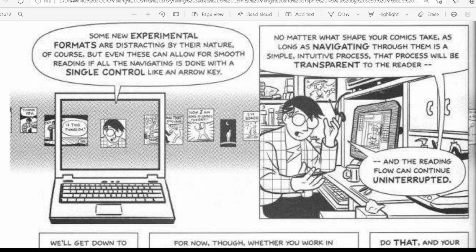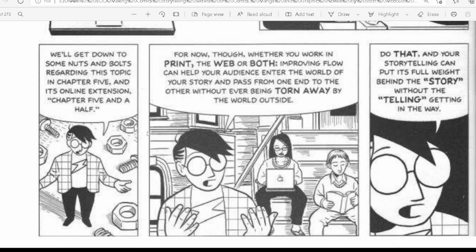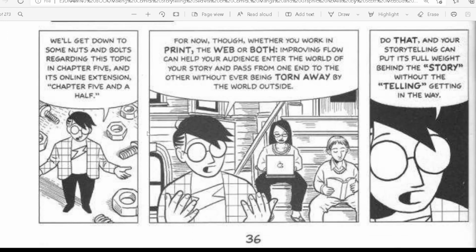No matter what shape your comics take, as long as navigating through them is a simple, intuitive process, that process will be transparent to the reader, and the reading flow can continue uninterrupted. We will get down to some nuts and bolts regarding this topic in chapter 5 and its online extension,